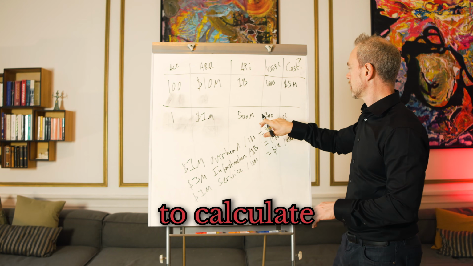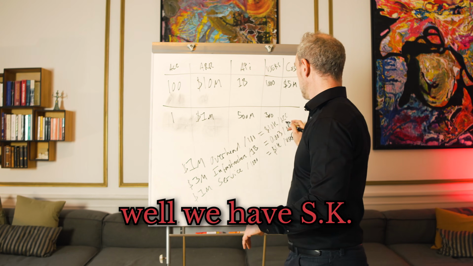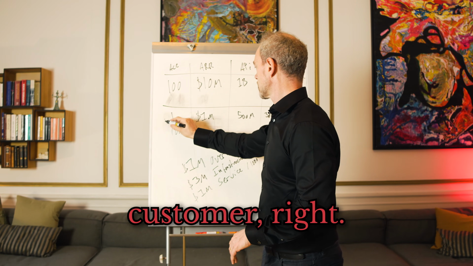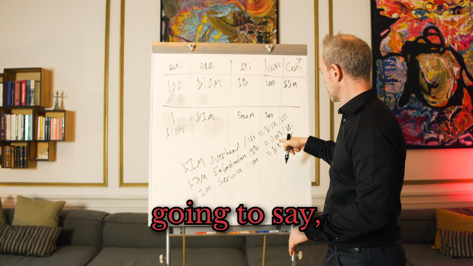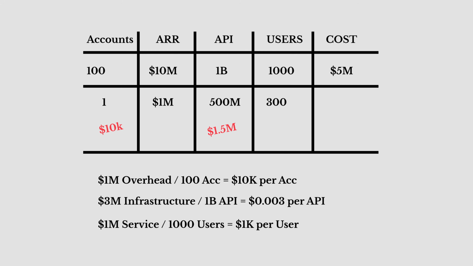And then we get to calculate costs for this guy, right? So we're saying, well, we have 10K per account for this customer, right? And then we have 500 million API calls, so, oh, well, okay, it's actually half of this, so it's gonna be 1.5 million of costs here for API calls. And then we're gonna have 300 users times the 1K per user, so that's gonna be, we're running out of space here, but 300K for the service cost for this account. So all in, it would be 10K plus 1.5 million plus 300K, so 1.8 million